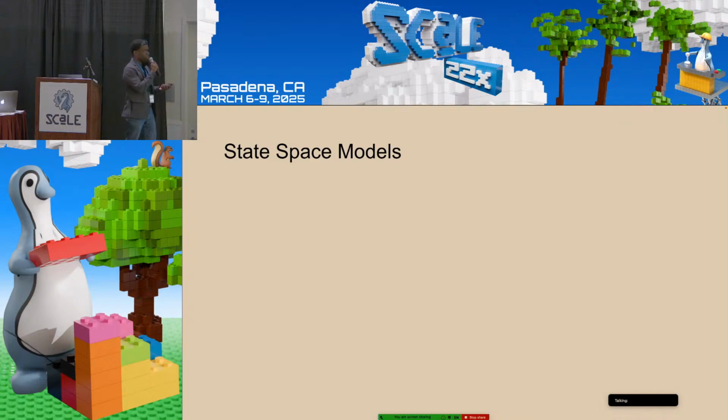In recent years, state-space models have been embedded within deep neural networks to create new types of AI models that work differently from transformers. One of those models happens to be one that was developed in 2023 called Mamba. Mamba provides three key properties that give it an advantage over transformers. And the first property is